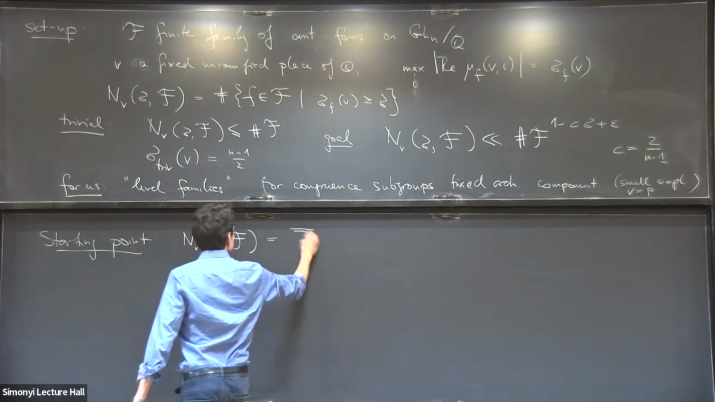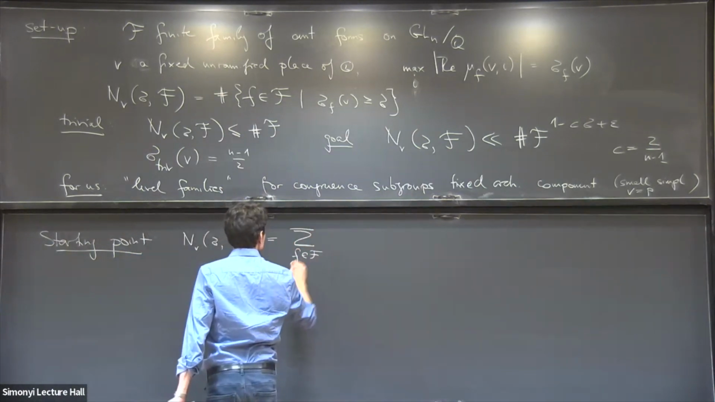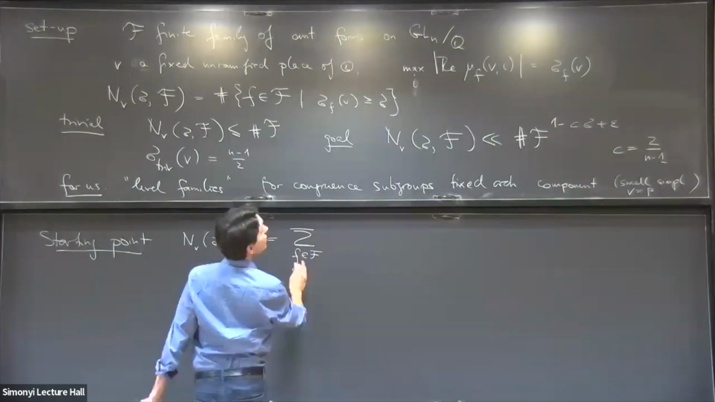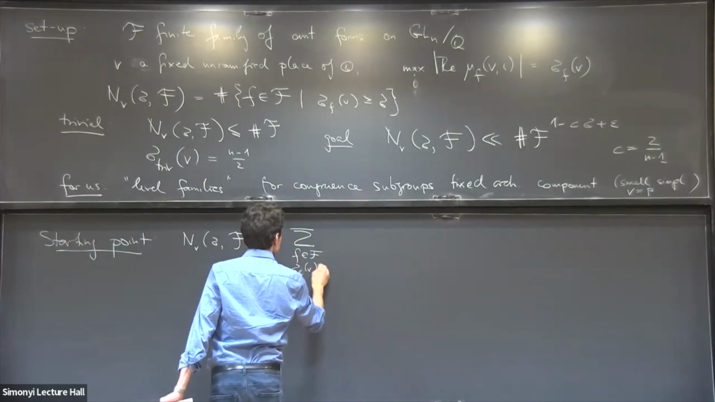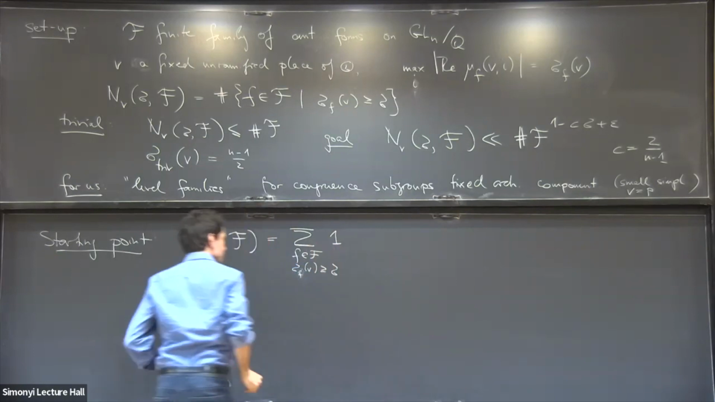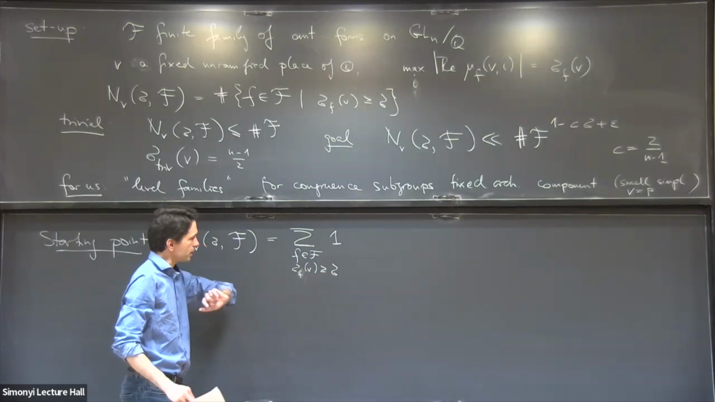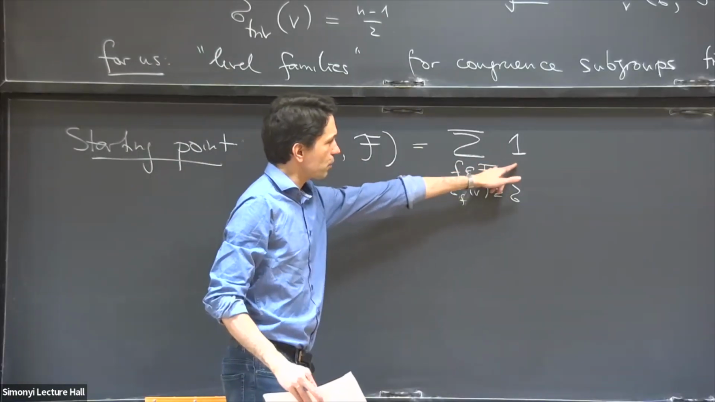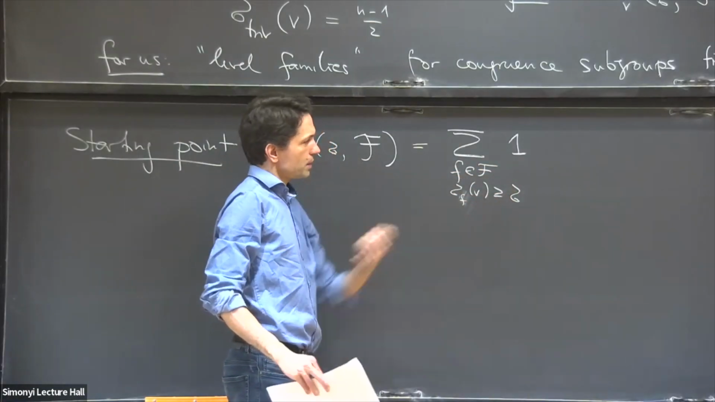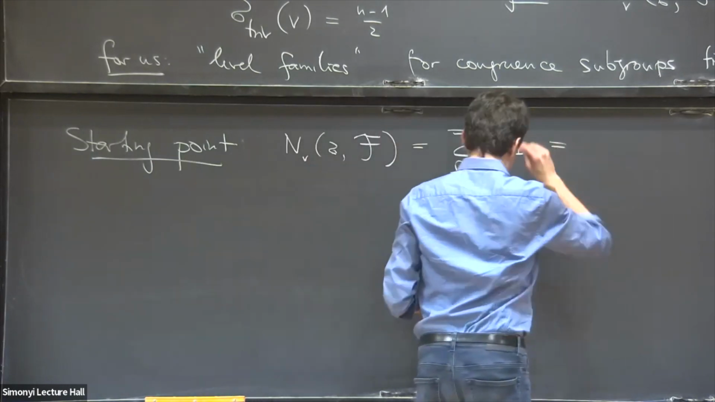It's by definition the number of all f such that sigma f of v is bigger than sigma. And as I said yesterday, we use a very simple trick. This summation condition is a bit inconvenient, so we attach a weight that's bigger than 1 if this condition is met. And I do this